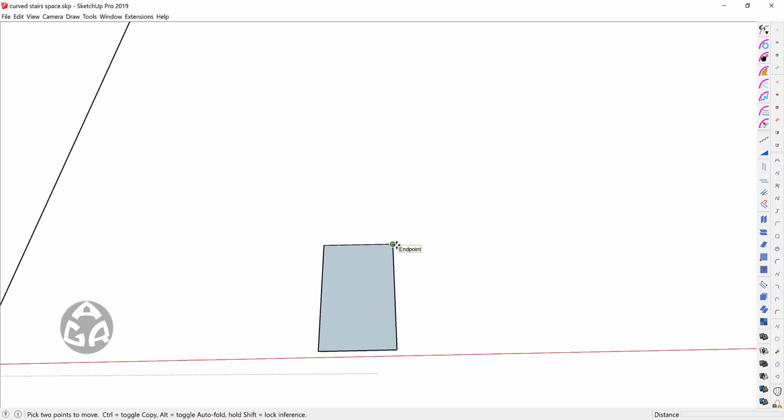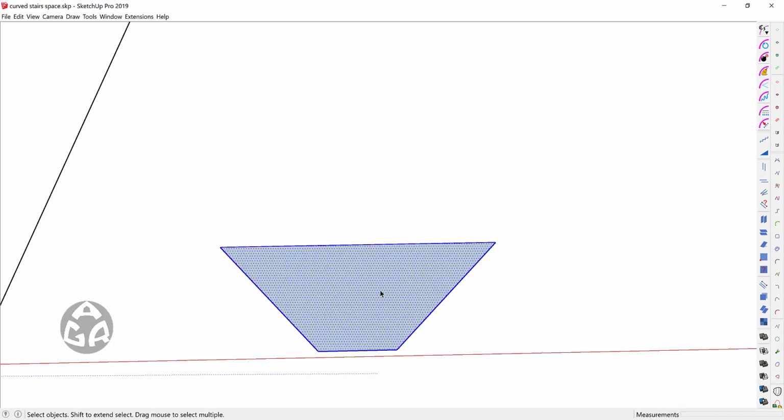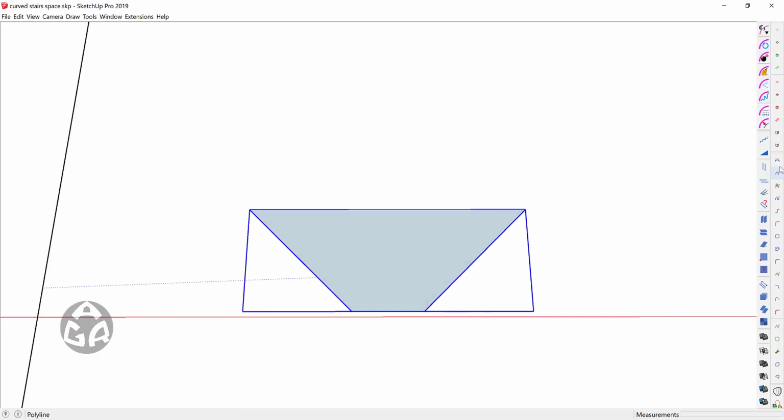In order to have this 28, we need to subtract 7 from the 28, so we have 21, and we will have to divide it by 2 so we can move a half over here and then a half from here. So we can say 10.5 over here, and then from here 10.5. Then I double click on this face and group it once, and then I use the Bezier Spline plugin or Bezier toolbar, and we have